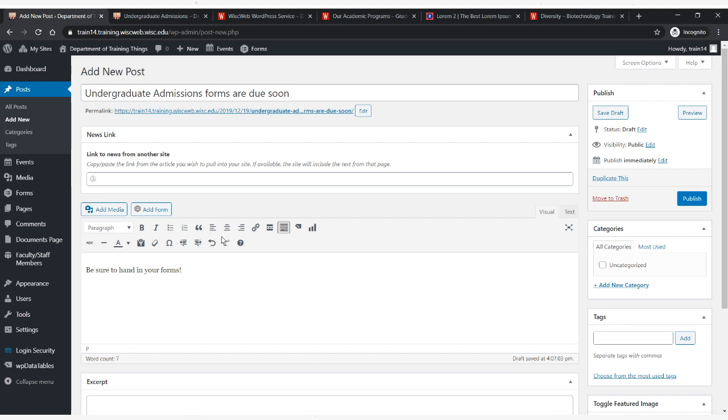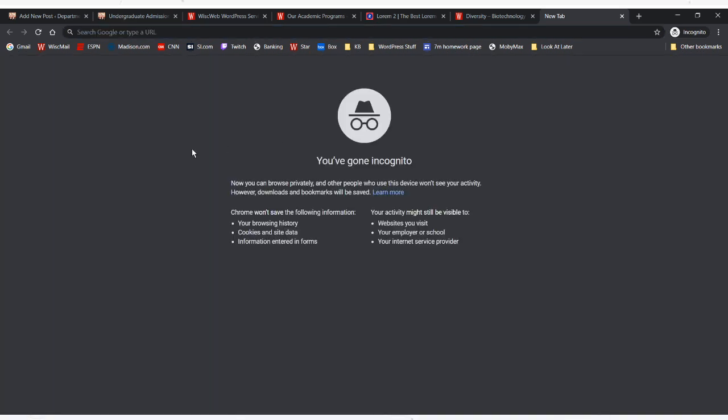There are a couple of options that are significant for your use of posts within your site. So the first one is this news link section. The news link section is something that you can use to perhaps pull in content from an external source. So for this example,